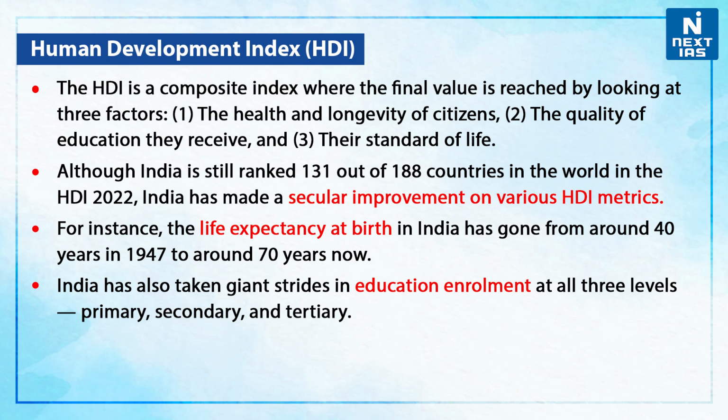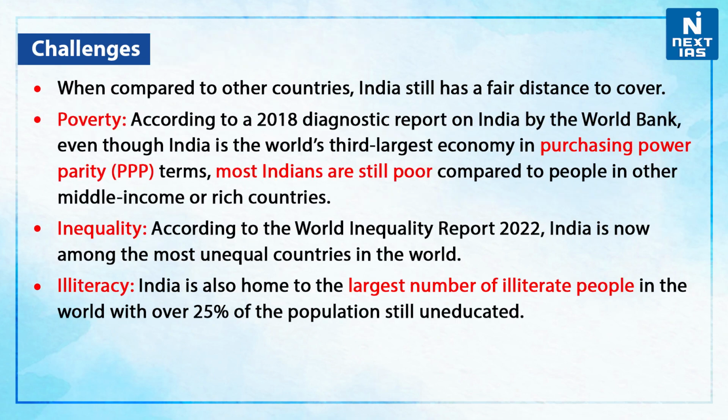For instance, the life expectancy at birth in India has gone from around 40 years in 1947 to around 70 years now. Moreover, India has also taken giant strides in education enrollment at all the 3 levels, that is primary, secondary and tertiary. Now, if we talk about the challenges, when compared to other countries, India still has a fair